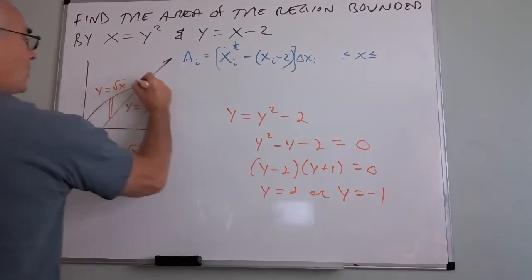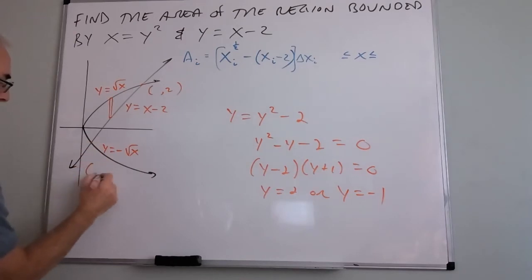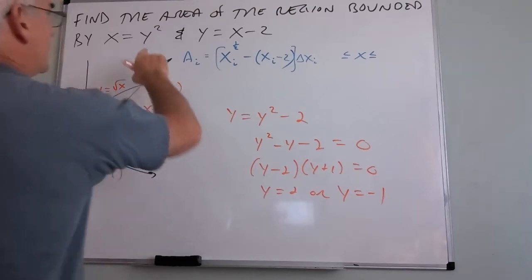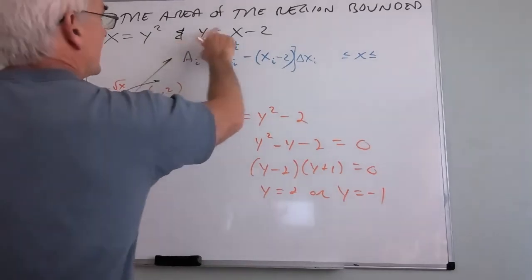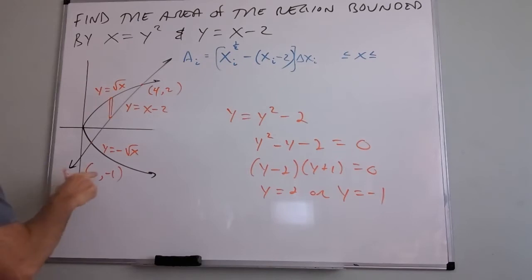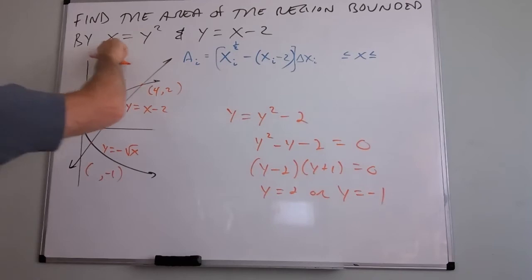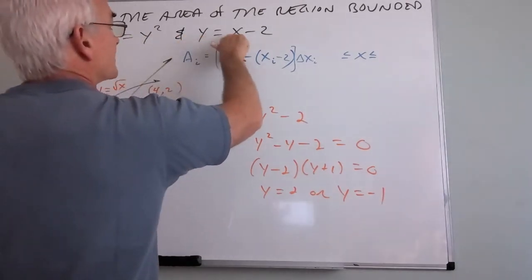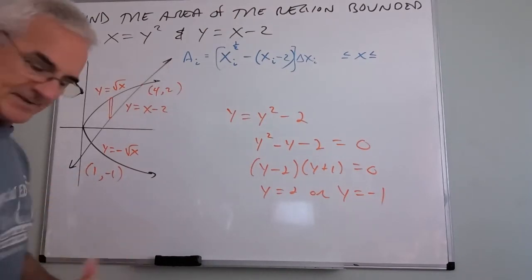Well, I'm pretty sure this would be the y equals 2. And I'm pretty sure this would be the y equals negative 1. So now what's x? If y is 2, then x would be 4. If y is 2, then x is 4. Yep, that works. Okay, how about here? If y is negative 1, then it looks like x would be positive 1. Over here, if y is negative 1, x is positive 1. Yep, that works. I always check because I could have made an error. Okay, so going back to here,